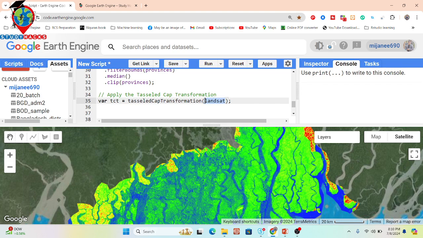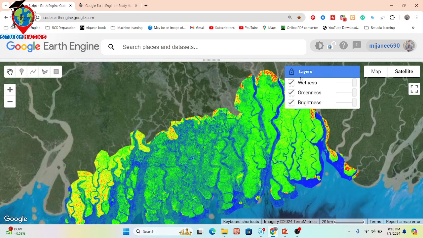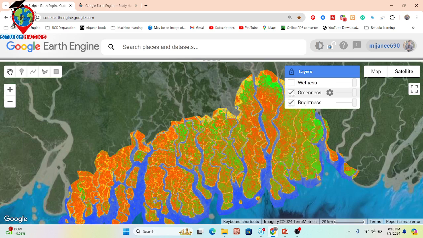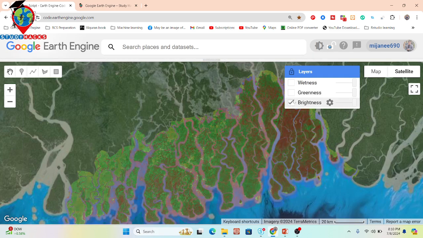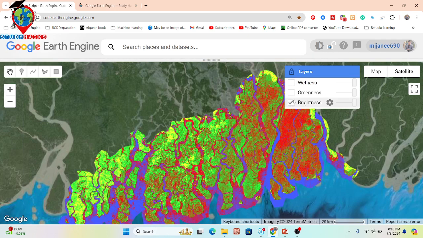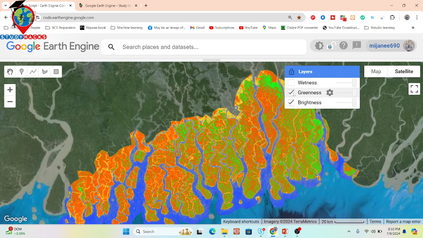So now it's connecting, and further we are just displaying these things. Here you can see we are displaying the wetness, then greenness, and brightness. So the TCT method is very widely used in remote sensing, and it derives different things such as